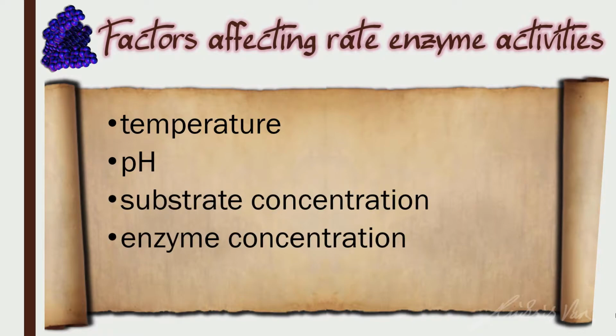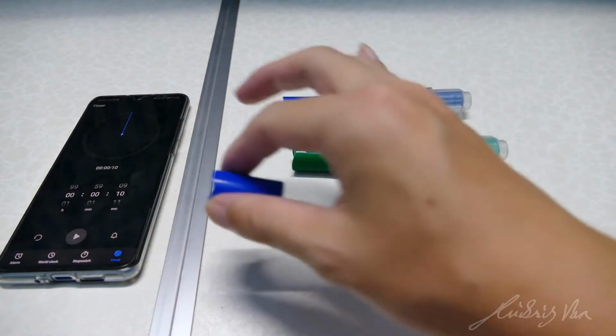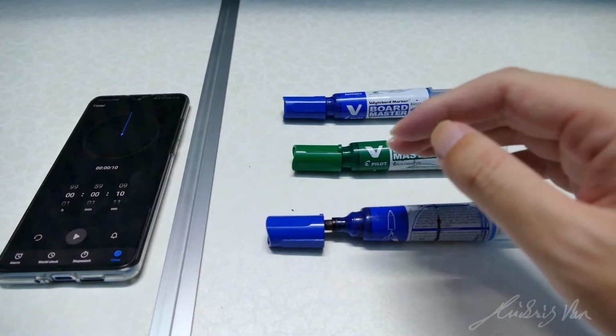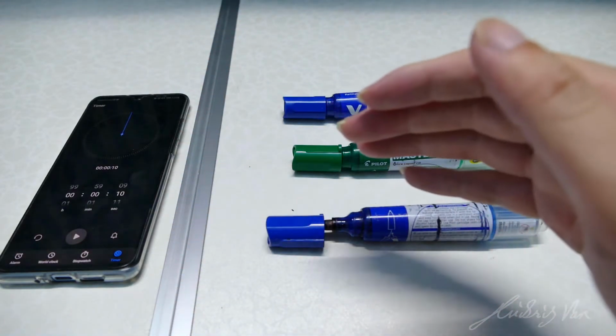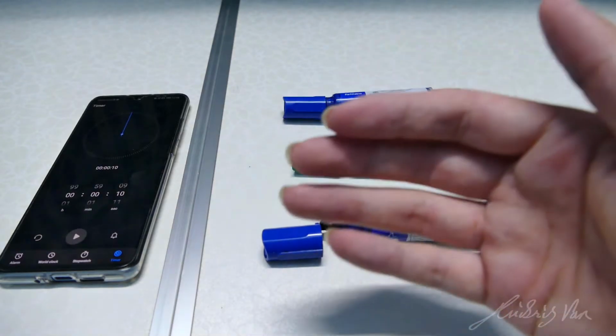Today, we are going to learn about substrate concentration and enzyme concentration. So, what are these two factors? What I have down here are three markers as well as the marker cap. I also have my hand down here, as you can see. So, the analogy here is the marker as well as the cap is the substrate, while my hand is the